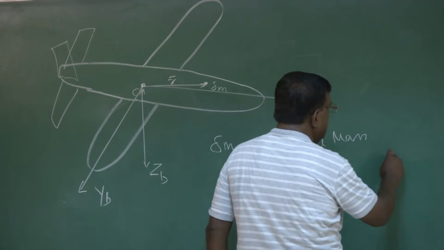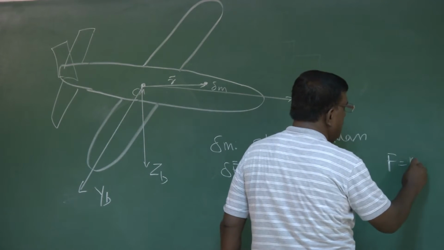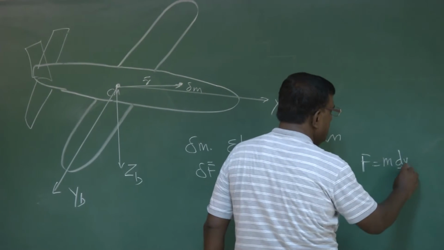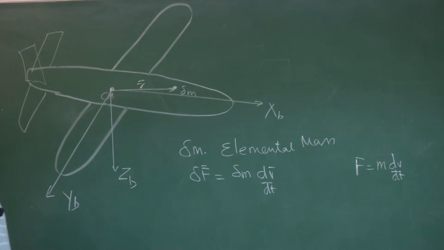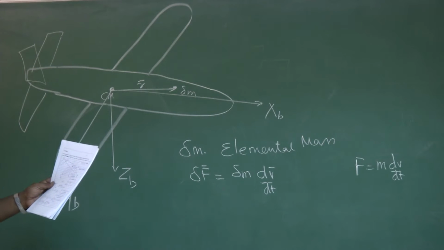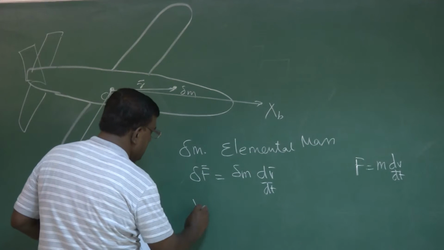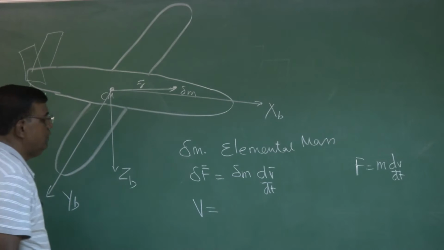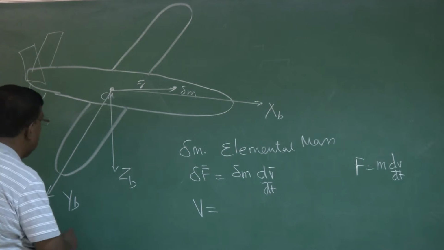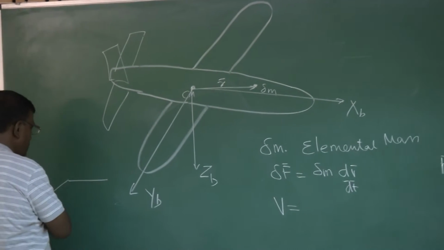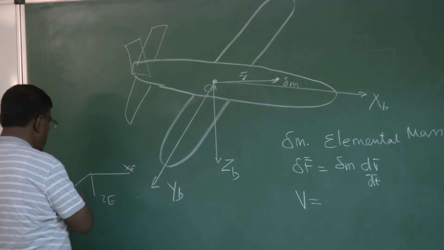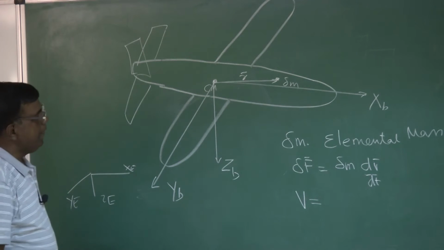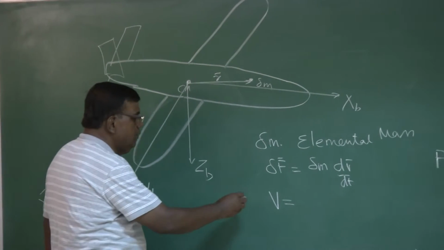You know that F equal to M dV by dt if m dot is 0. So for an elemental mass which is acted upon by force delta F, I can write this expression. More importantly, V is measured with respect to the inertial frame. So somewhere this inertial frame is here, XE, ZE, YE. This V is measured with respect to